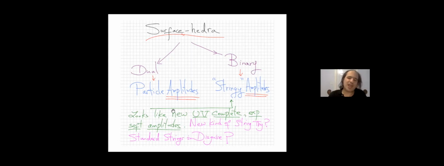In the discussion session later today, there's all sorts of things that we could talk about. If people want to hear about the dual Surfacehedra, which is a quite different representation, again, of amplitudes as integrals over the duals of these Surfacehedron polytopes that Giulio was talking about, then I would be happy to say a little bit about it there, but there are many other subjects that we could talk about there as well.